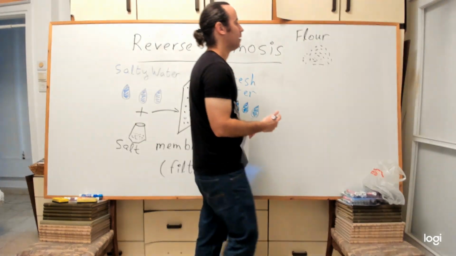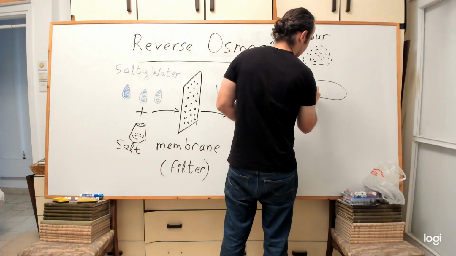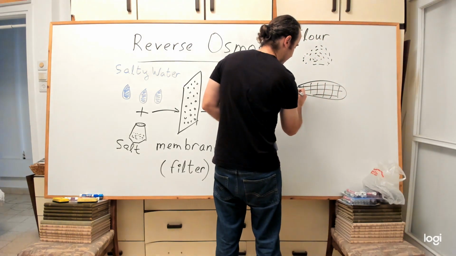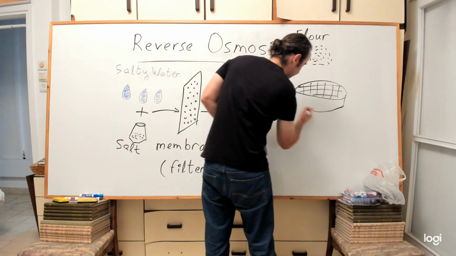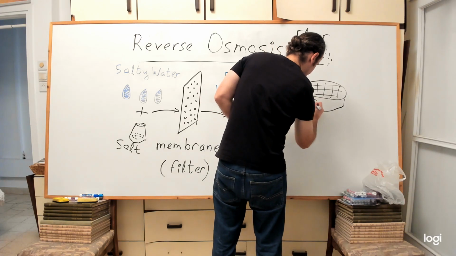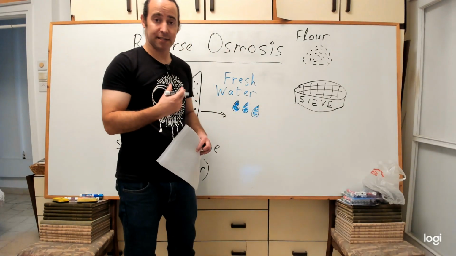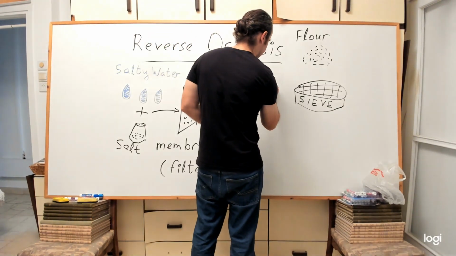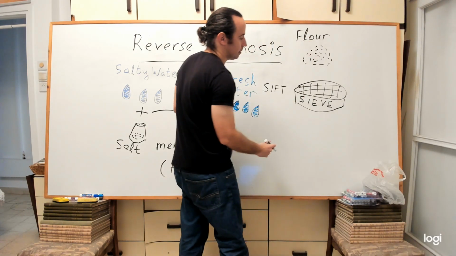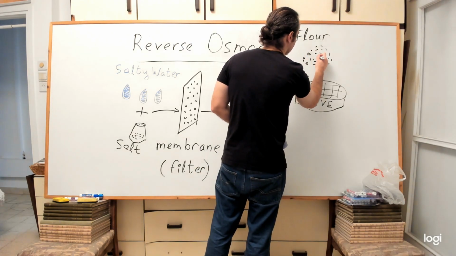Okay, we have flour and we put it through a sieve. A sieve is like a net. I'm sure you know what it is. Okay, this is a sieve. And it's called to sift. We sift the flour, and here we have flour with big chunks,